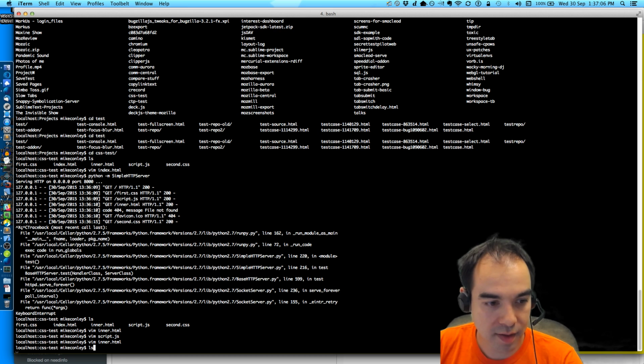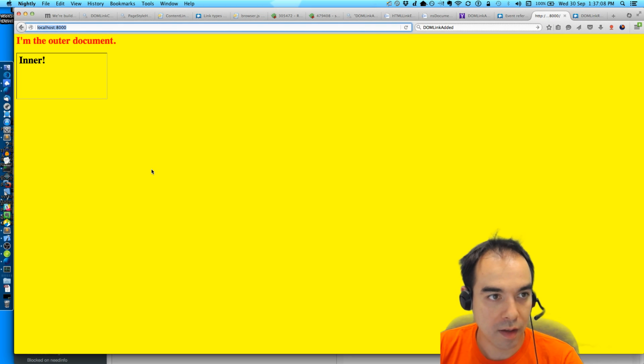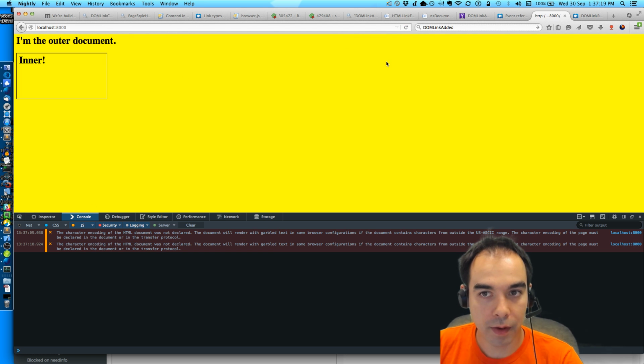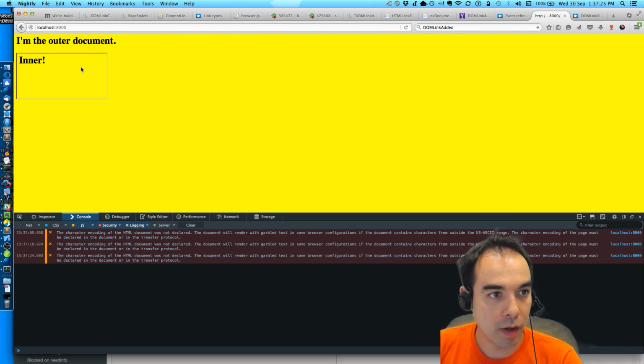Okay, so let's see what this looks like. Nada. Oh, there we go. What if I shift reload? There, that's more like it. It was caching that was burning me here. So 1, 2, boom, and they both turn red.